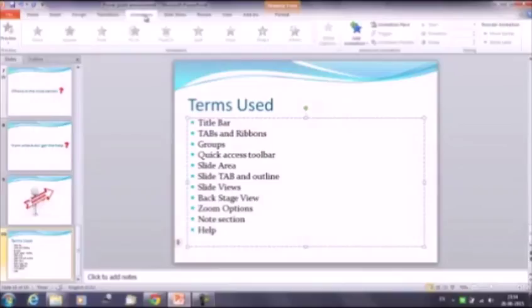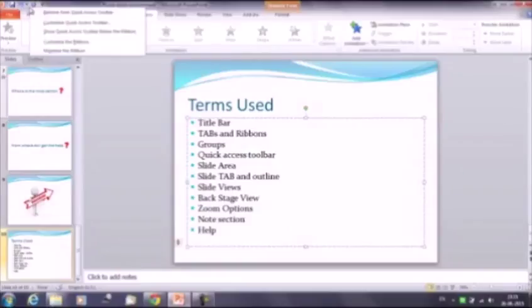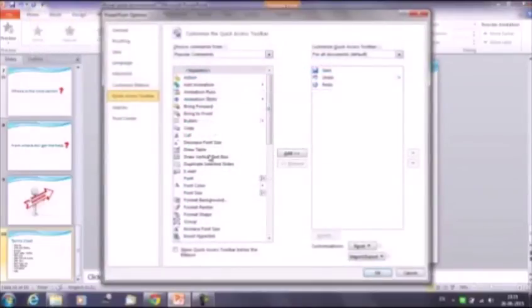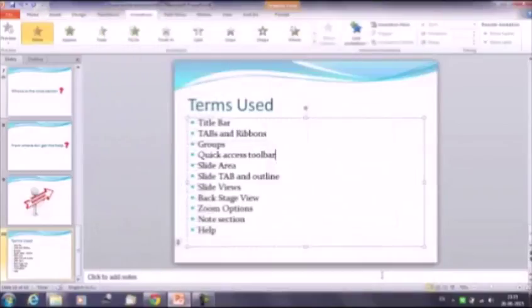By default, it gives you the save option, undo option and repeat command. These 3 options are available on the quick access toolbar, but if you want, you can customize the quick access toolbar as well, and the way is the same. You have to right click and then it shows you the option customize quick access toolbar. There is a list of commands. Whatever command you want to add, you can select and click on add. For example, if you want to add cut, select cut, then click on add. It's added here, then OK, and you will get one more option here on the quick access toolbar,